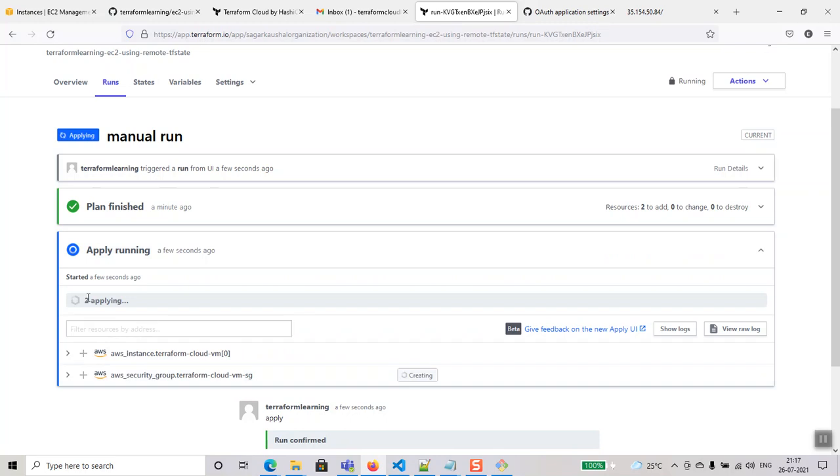See, it is showing me two resources will be created. One is the instance and the second one is the security group. So let's copy